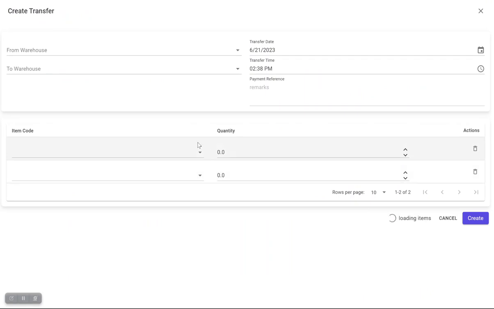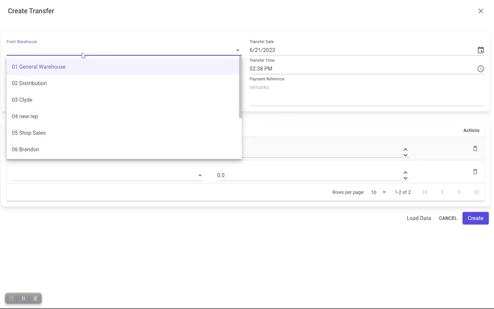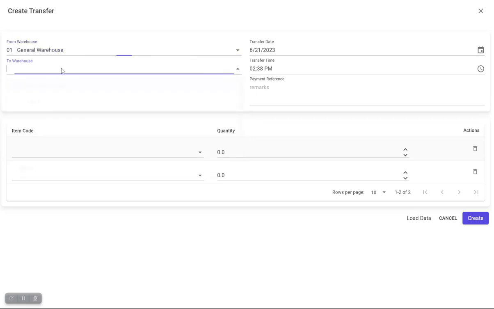Once you click the add button, the system will show you this window which will allow you to select a warehouse. Depending on the privileges that you have, if you're only allowed to transact from your own warehouse, you should only be able to see the "from" being your warehouse. Alright, so I can select this one to that one,